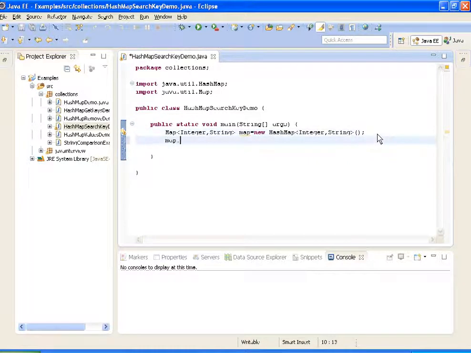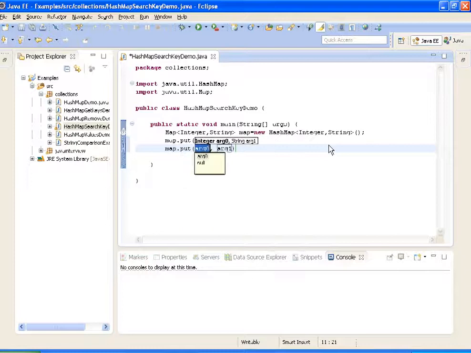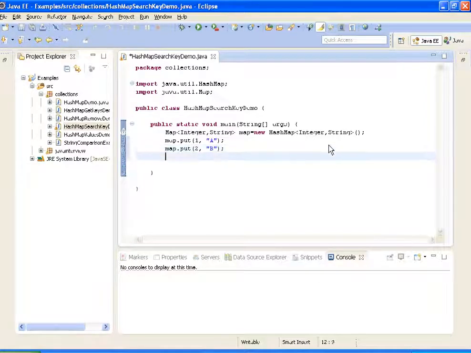And now what I'm doing is I'm adding elements to the map. I've added 3 elements with key and values 1a, 2b and 3c.